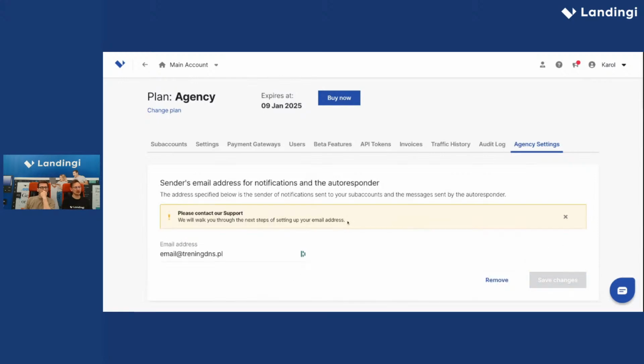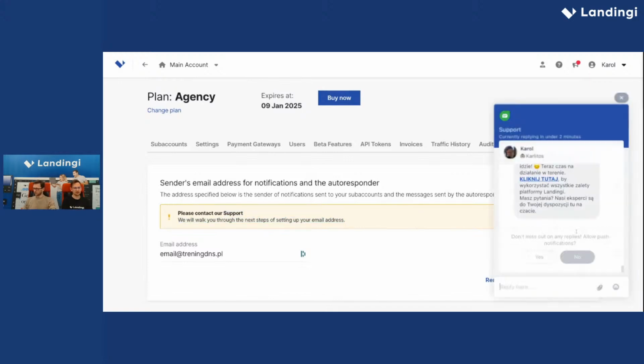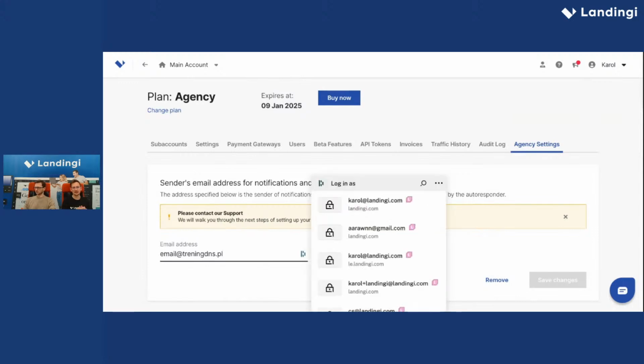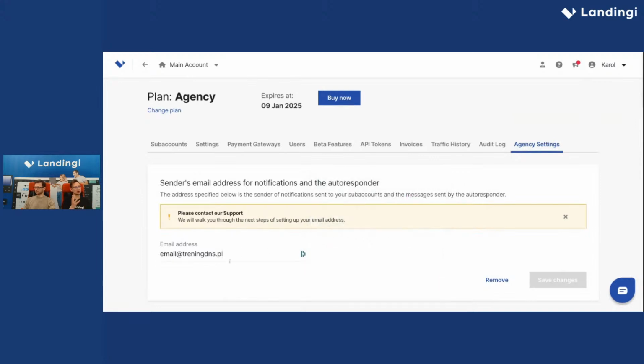Now you will see information that to take further steps to configure it, you need to get in touch with our support. You can do it either via email or via chat here at the bottom right-hand side of your application. But basically what needs to be done is you need to add 3 CNAME records in your DNS zone for your domain. Just to show you that process a little bit more, I will log into my